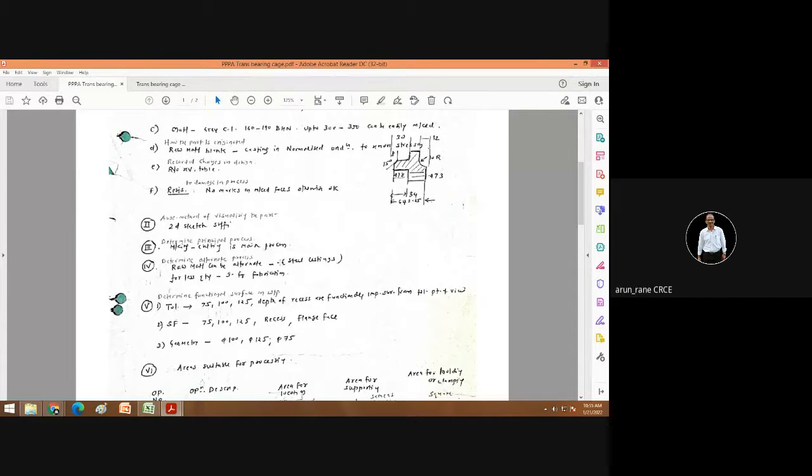If the quantity is less, like say 5 pieces, then you can produce it by the fabrication process. In that case, you will make this in 3 parts. One is this, second is this, and third is this. And you can weld it so that your raw material cost comes down, as well as your machining time is also reduced.